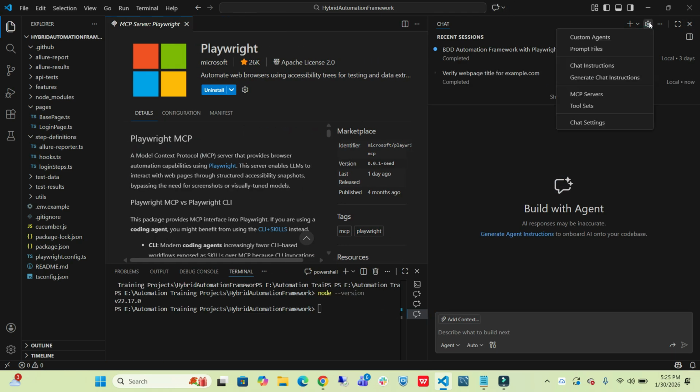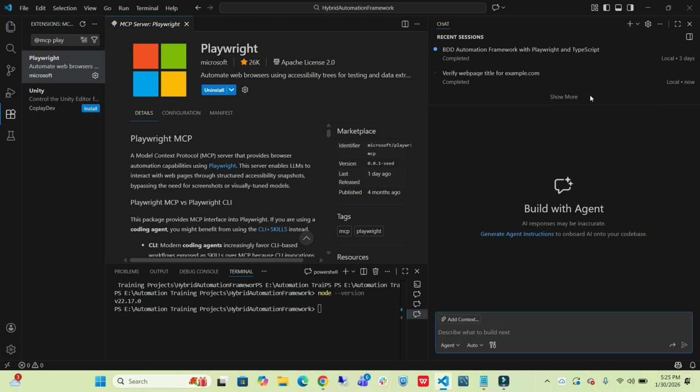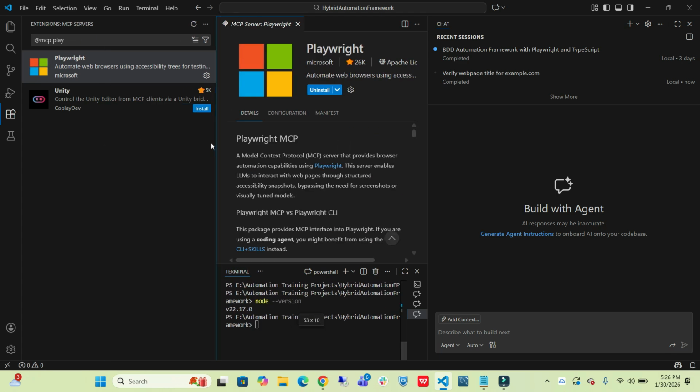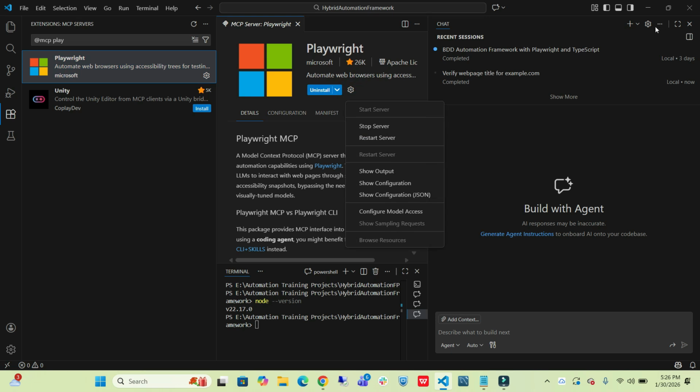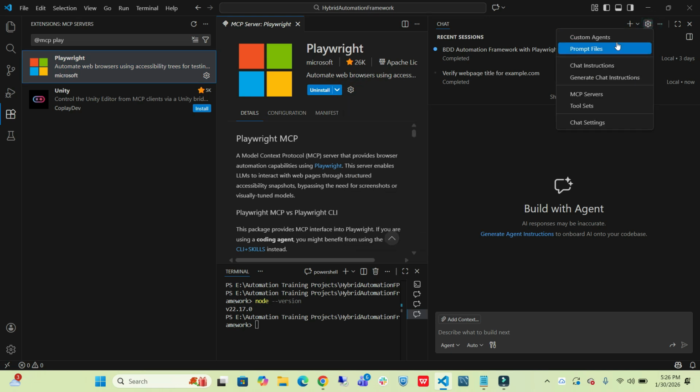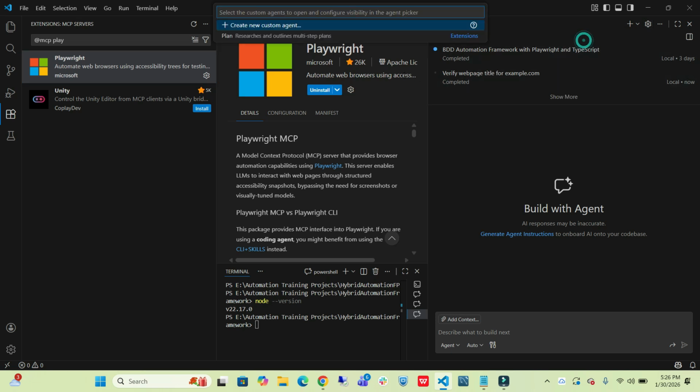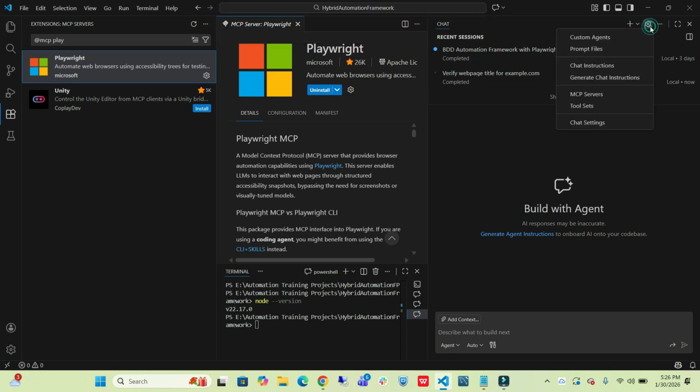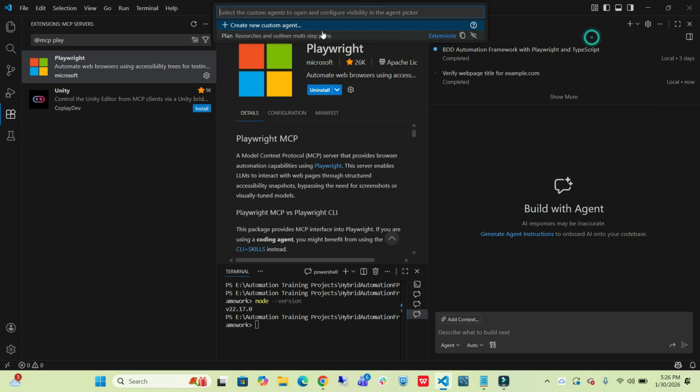here we have a setting option. Under this I can check my MCP servers, which is already installed and running. Okay, let me check it again. Custom agent. Let me create a custom agent here. If you want to create a custom agent, you can click on custom agent, create new agent, and